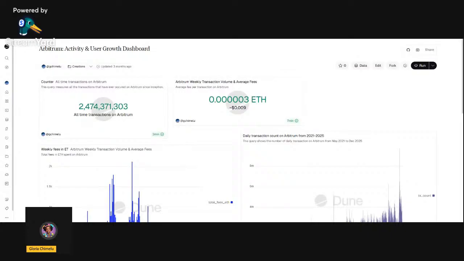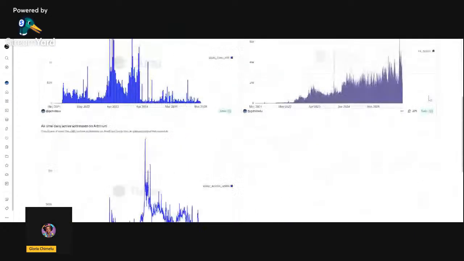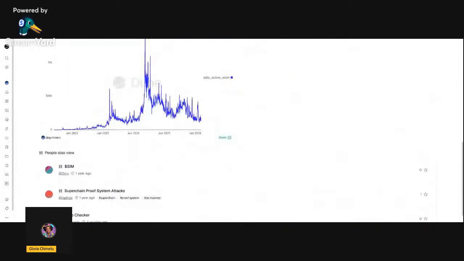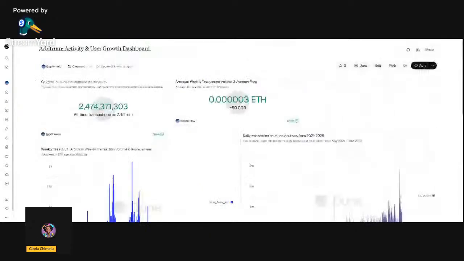My presentation today is going to be very simple. It's beginner friendly, as you can already see. I've attended some sessions where we're used to very complicated, very rich dashboards, but today's one is going to be very simple. My dashboard is on Arbitrum activity and user growth. I ran five queries and put everything in a neat dashboard because I wanted to track activity and user growth basically.